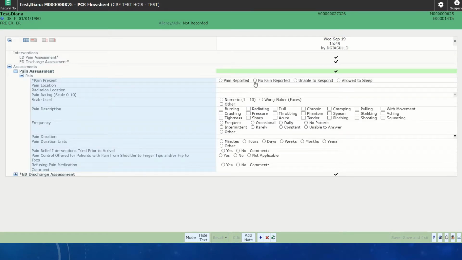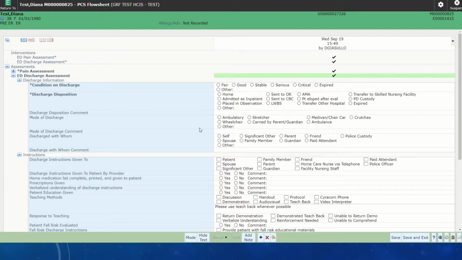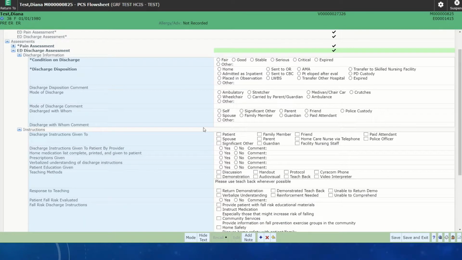So in this case, I'm going to say my patient has no pain reported, and now I can do my ED discharge assessment. As you will notice here on the ED discharge assessment, only 2 questions have stars. The reason for this is that you're going to do the same discharge assessment no matter whether the patient went home, whether they were admitted, whether they went to the OR, whether they left without being seen, which is this